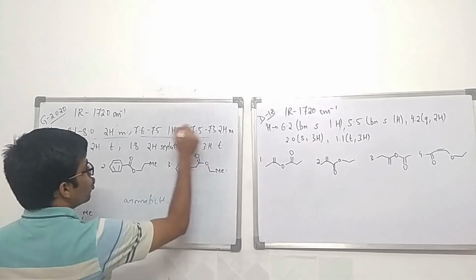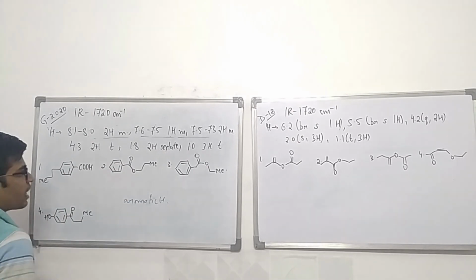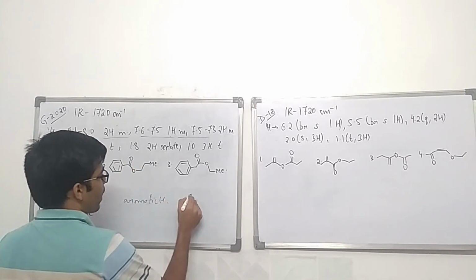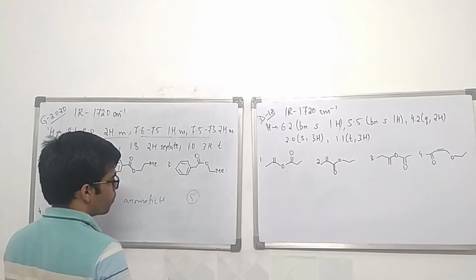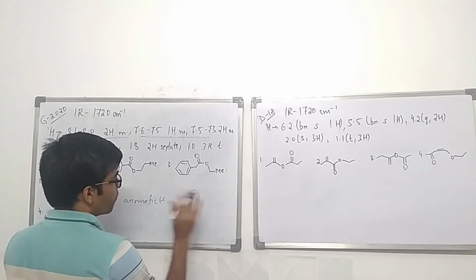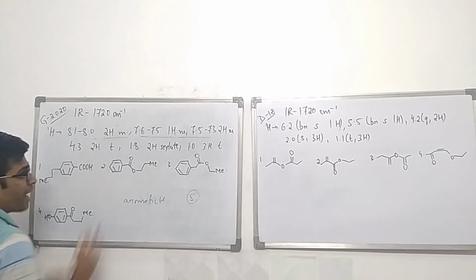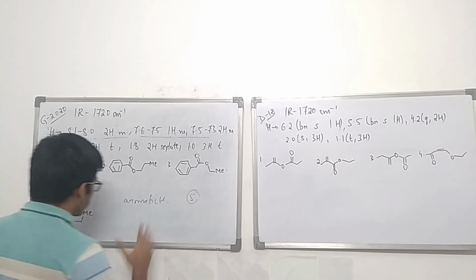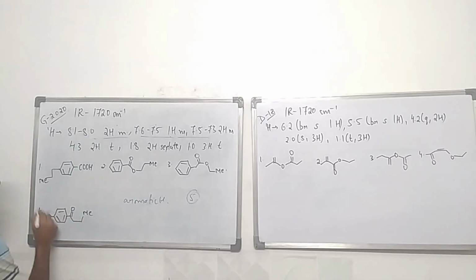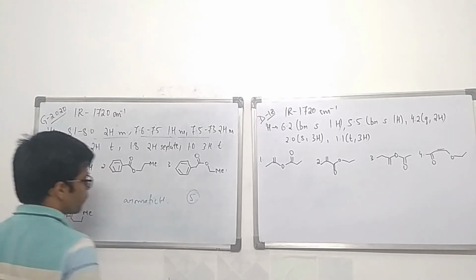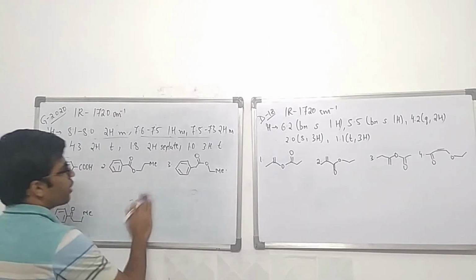Now they are given 2 plus 1 plus 2, that means 5. So that means the group will have 5 protons first of all, and 3 different types of protons. Now if you look at the first structure, it has only 4 protons. Fourth structure, it has only 4 protons. So these 2 are cancelled. Now it will be either of the 2. Okay. Now let us look at the other data.